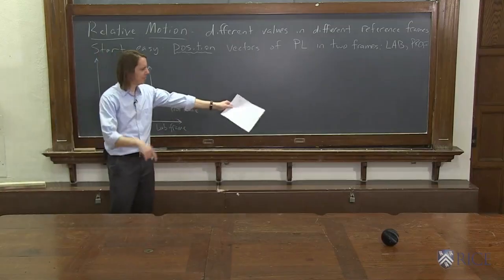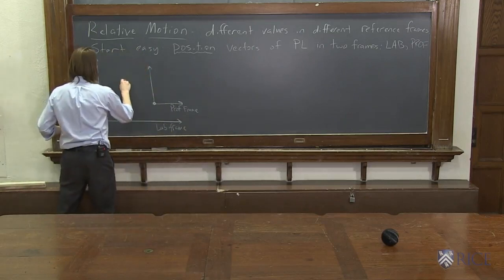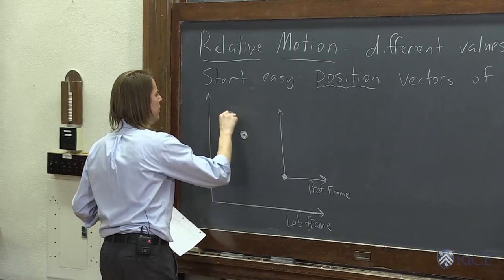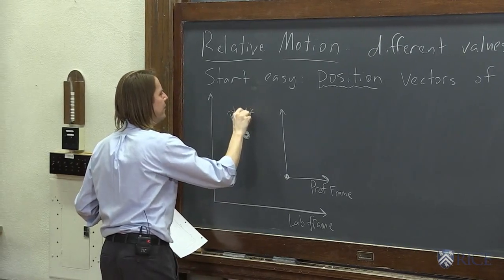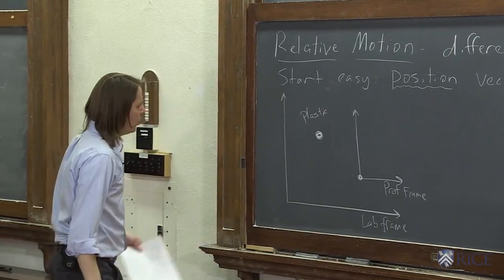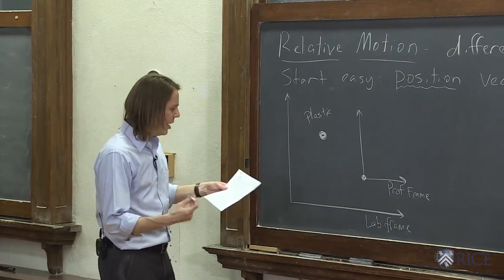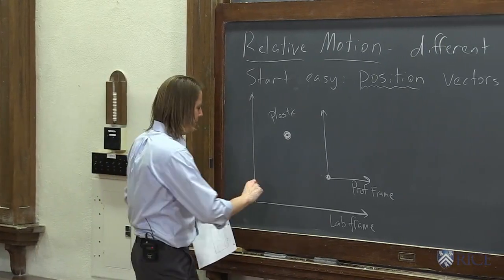Now where's Hal in all this mess? Or I'm sorry, the plastic in all this mess. So there's the origin, here's me. Plastic's kind of up here, like that. There's the plastic. Plastic doesn't get a frame. He's part-time. So what we've got to do is simply draw position vectors. We're going to draw three. First, we're going to draw the R vector,